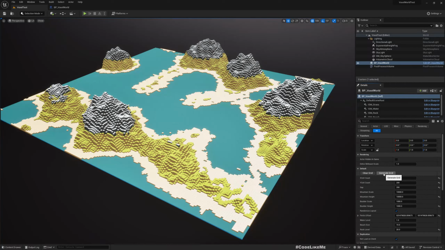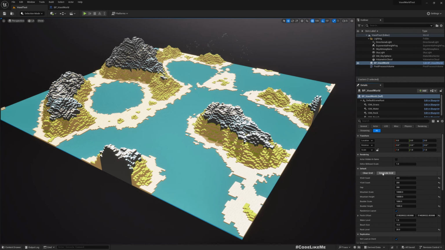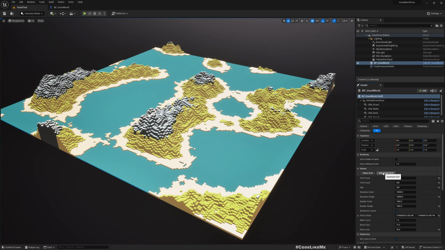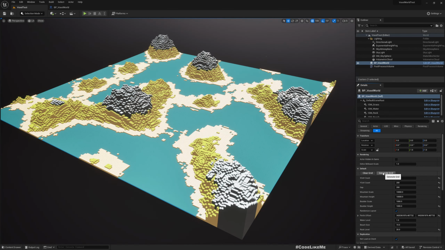Hello everyone. So today we are going to work on how to create this random voxel world. So here I can randomize the world by pressing this button. So you can see every time I press this button we see a random generated voxel based world. So here we have many parameters